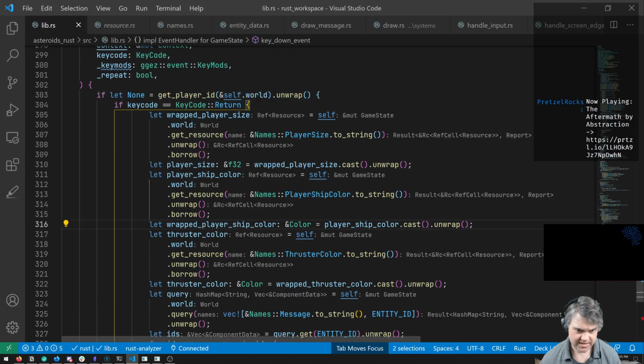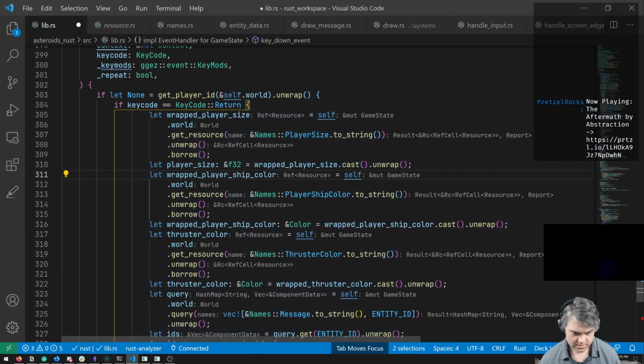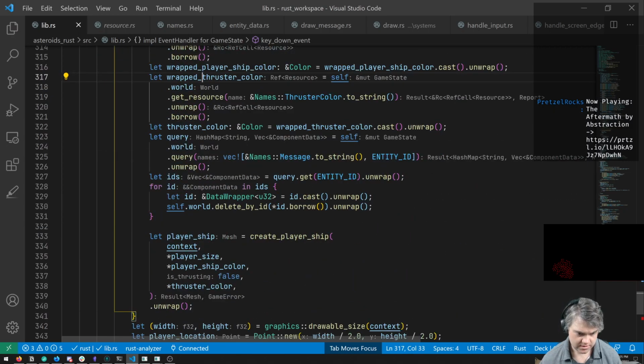So wrapped player size, cast, wrapped ship color, and wrapped thruster color. Okay.